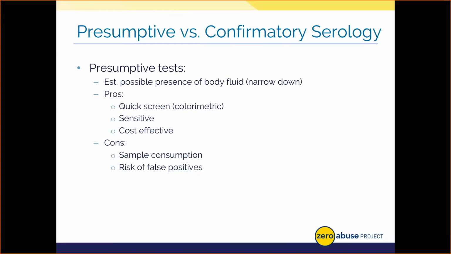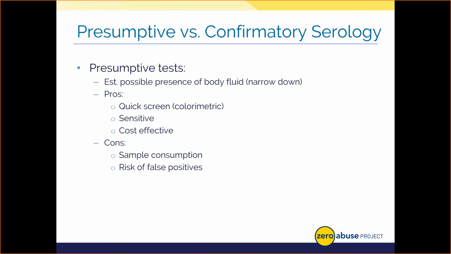Presumptive tests are typically highly sensitive, but they have a low specificity. What this means is, from an advantage stance, that we can detect very low level traces or dilute amounts of stains. But the tests themselves can be tripped up by other components and elicit false results, such as a false positive or false negative. In short, we may, in the case of a false positive, get a result that indicates a body fluid is present when actually it is not. Conversely, we could get a false negative, for which the sample comes across as not having a body fluid. In fact, it indeed does possess serological material.